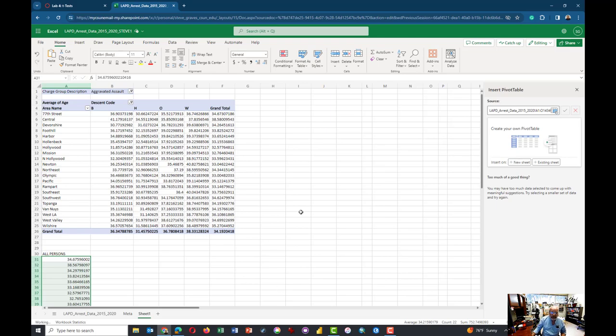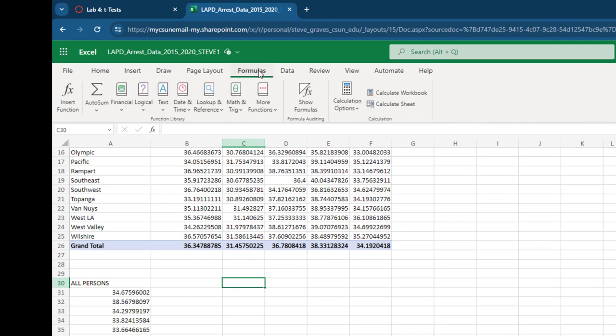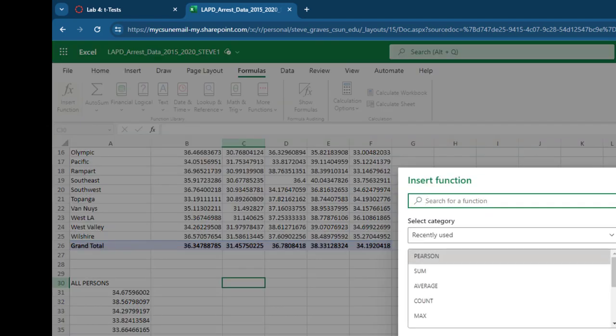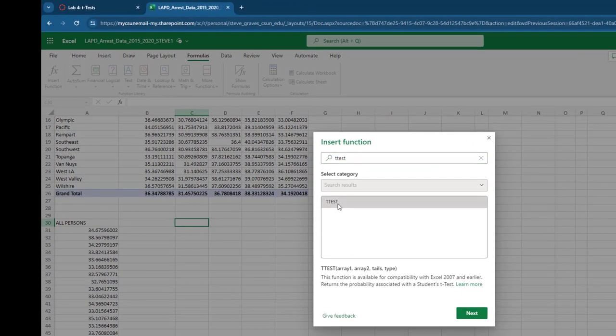So how do we do these t-tests? Relatively simply. So I'm going to go to the Formulas tab. This is one way of doing it. There's a dozen ways of doing it. Click Insert Function, and I'm going to type t-test. And that's the test we want to use. Click on that